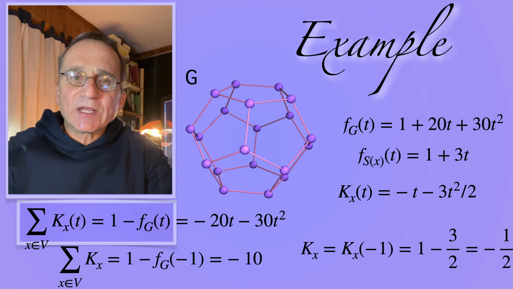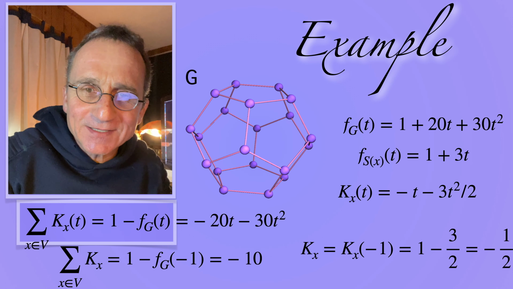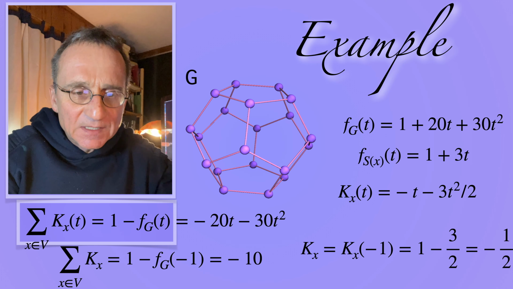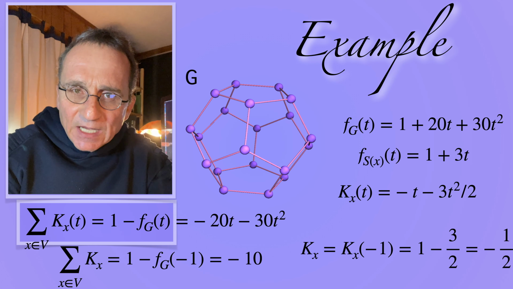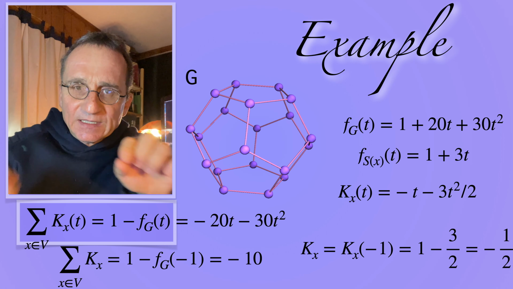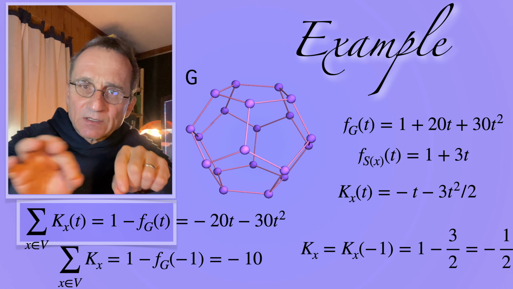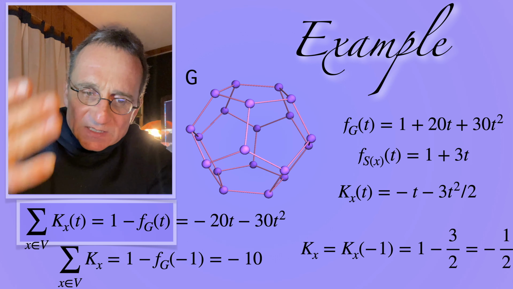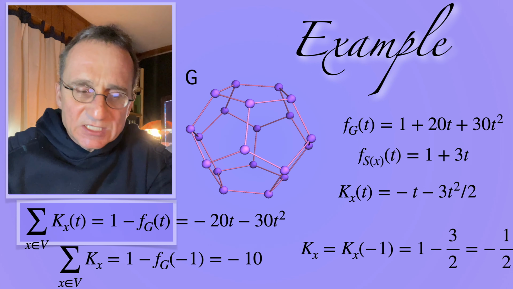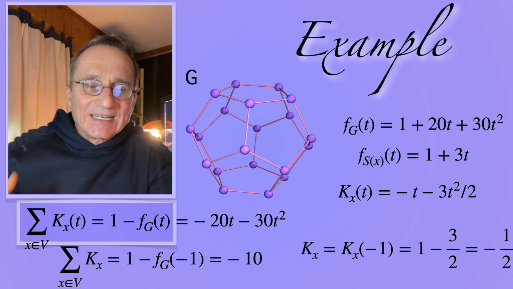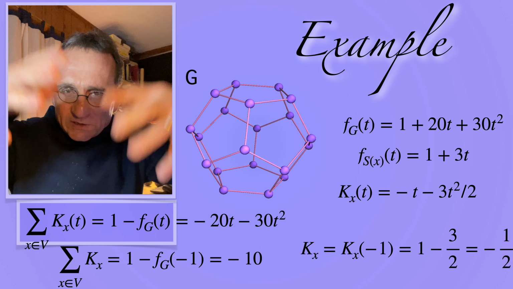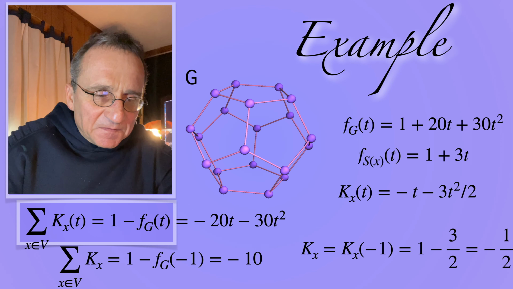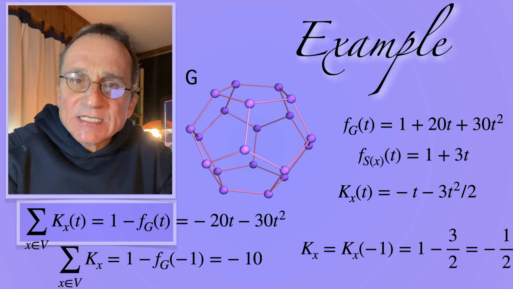Let me just take the example of the dodecahedron graph, which is a one-dimensional graph. It has no triangles, right? It's a triangle-free graph. There are 20 vertices and 30 edges, so that's the f function. Then the unit sphere consists of 3 points, so the generating function is 1 plus 3t. The antiderivative is t plus 3t squared over 2, and you add that up. They are all the same because of the symmetry, it's a Platonic graph, and you get the Euler characteristic -10, which is